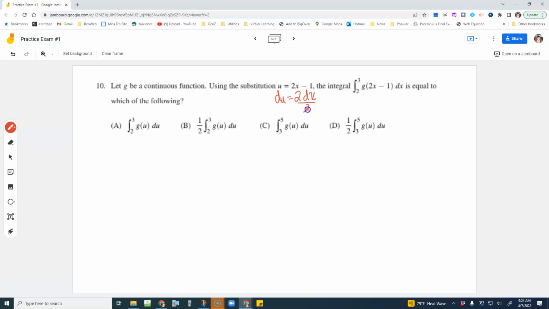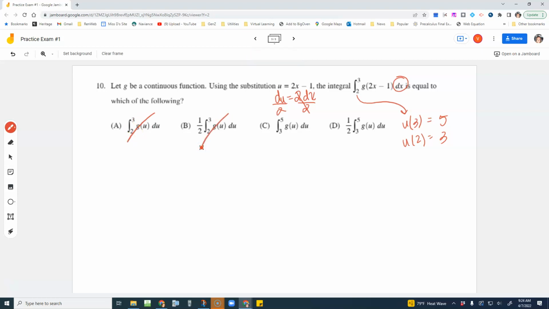I would have gotten dx by itself to go make that substitution, but I also would have had to think about my bounds and said, what is u of 3 and what is u of 2? Plugging 3 in with quick PEMDAS, 6 minus 1 is 5. Plugging 2 in, 4 minus 1 is 3. Now all of a sudden I know not only is it a 3 and a 5 and a g of u, which gets me down to